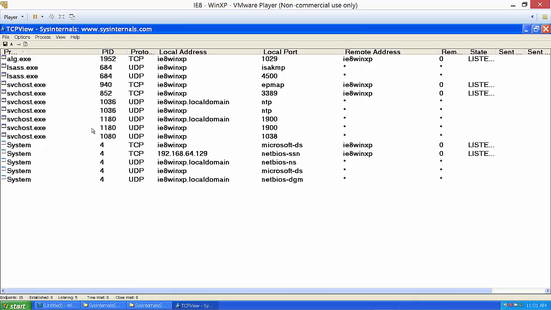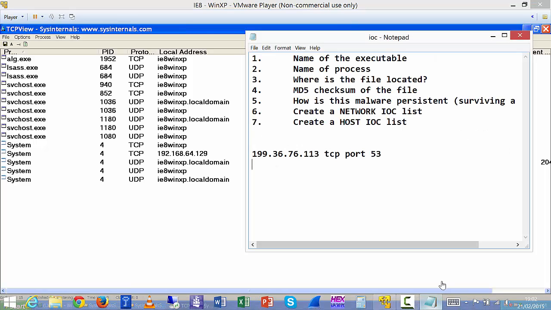So it's actually just trying to keep alive or trying to contact the server. It's not communicating all the time, so we don't have a session established. So in this case, we're going to let TCPView run for a while and see if we can determine any communication to the IP address that we recorded.